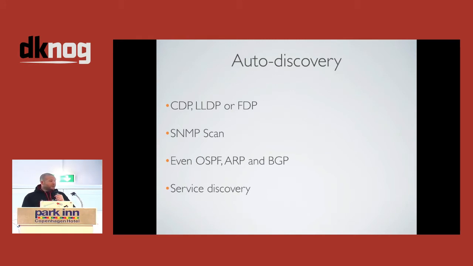If you don't even want to physically add a device yourself, we've got an SNMP scanning utility. You can just point it at a subnet, and it'll go off again and auto-add devices that it's found, that you've got the right configuration details for, and it'll just populate your network that way. So again, the idea is to try and make it as simple as possible for people out of the box, so you're not spending your time configuring an NMS when you should be spending time building your network and growing the network, etc.